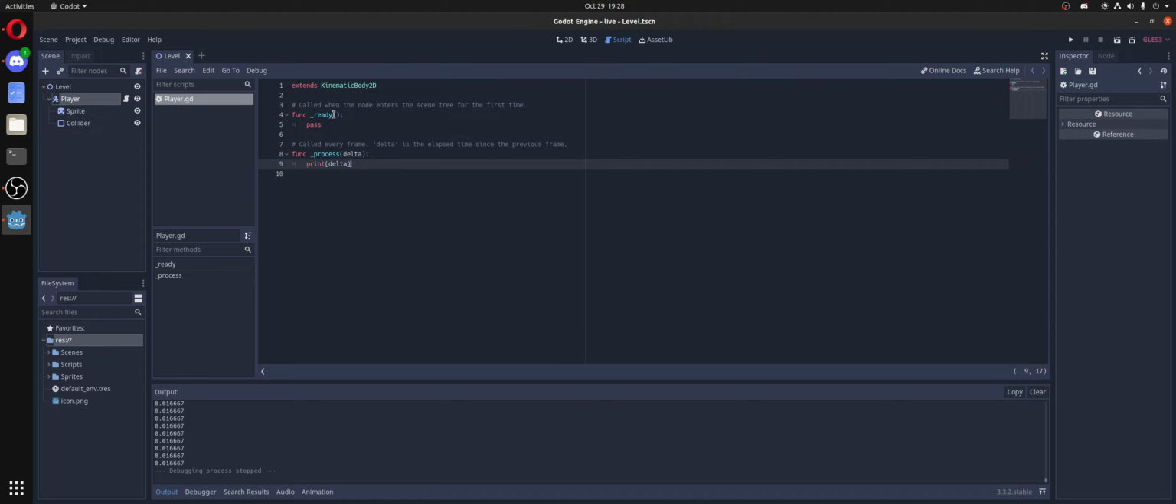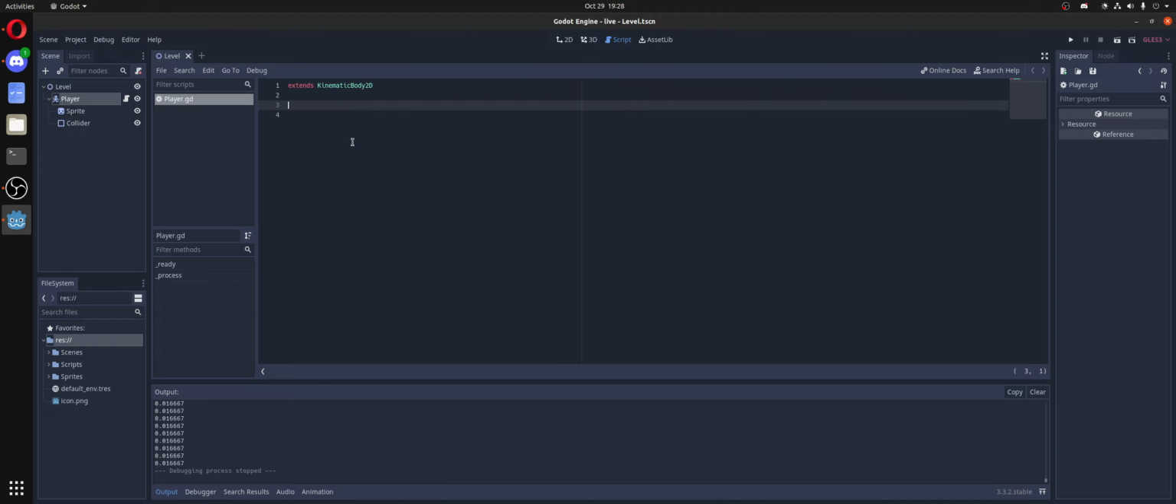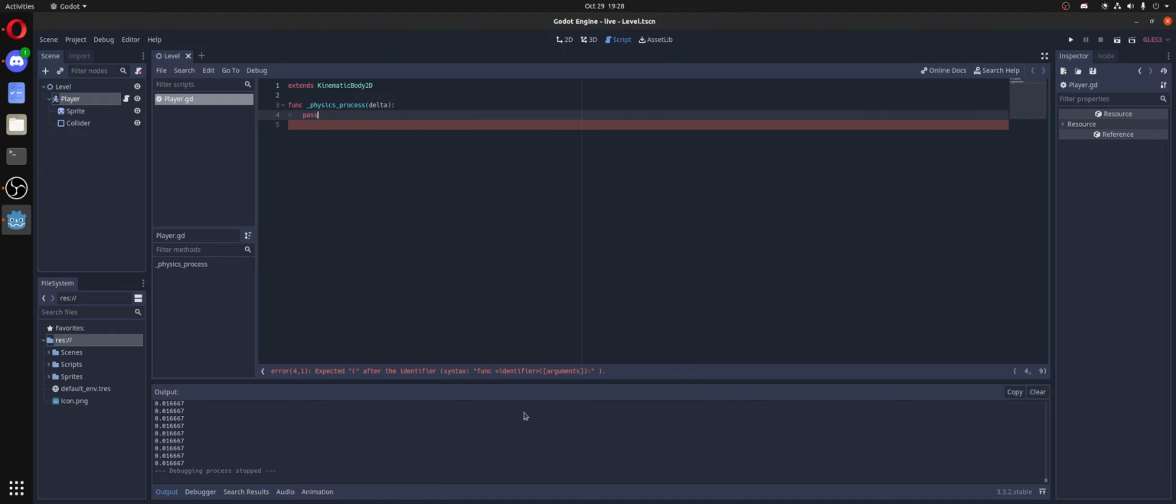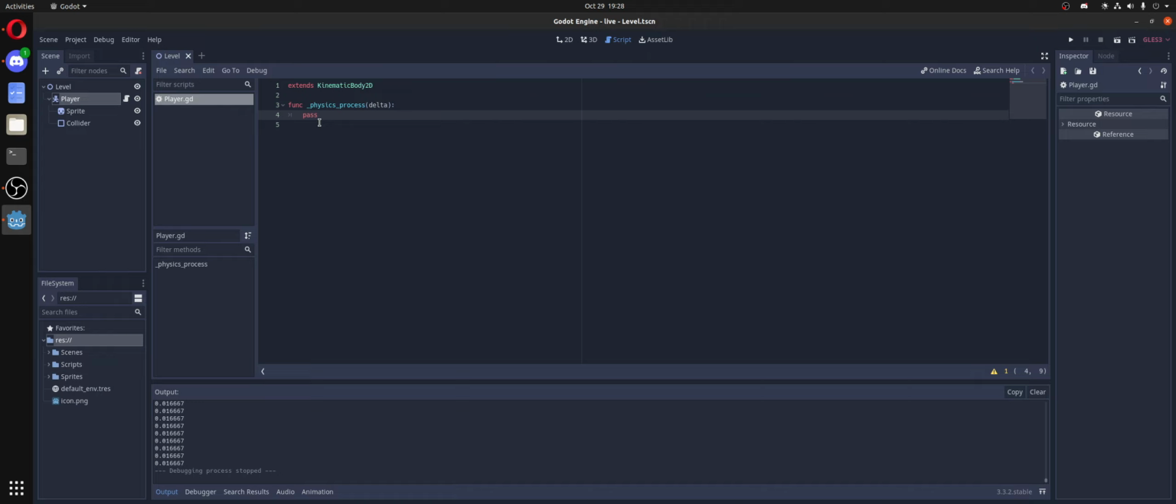So we don't actually need either of these functions for our player. What we're going to do is delete them, and we're going to use a different function. It's called physics process. And as you can see, Godot autocompletes this for me. It actually has a very good autocomplete system in the built-in script editor. It's pretty well done, so that works well. Right now we'll just write pass,